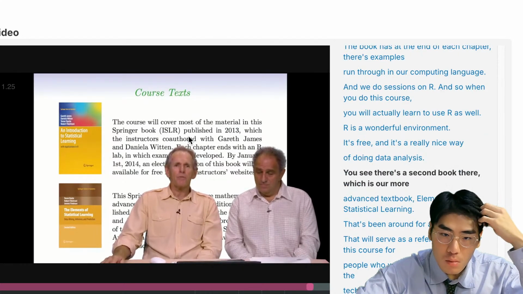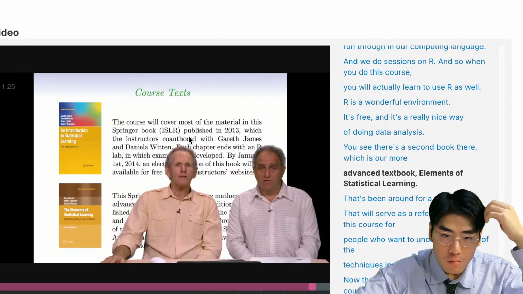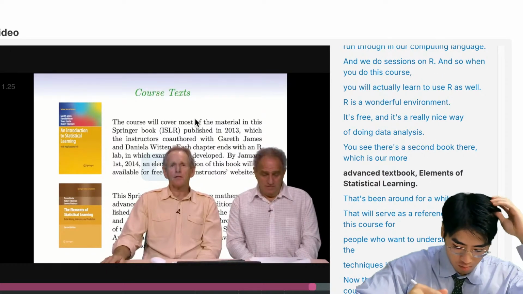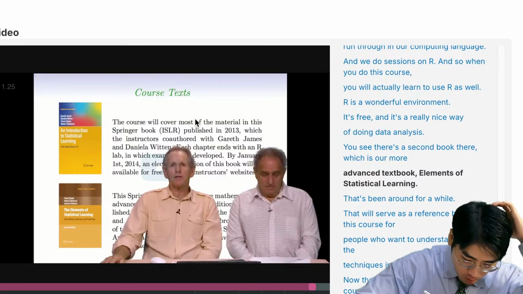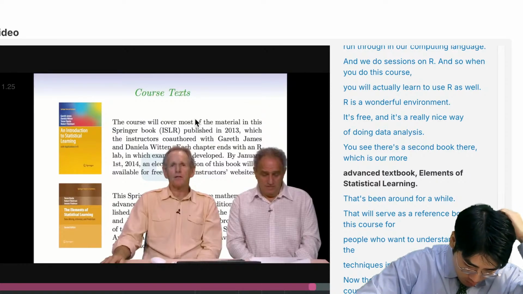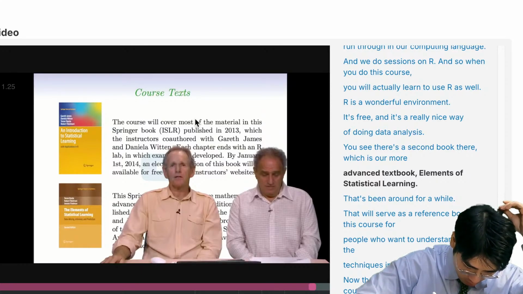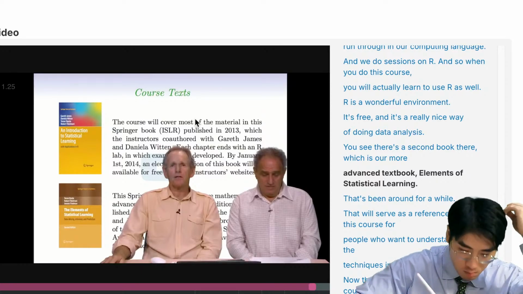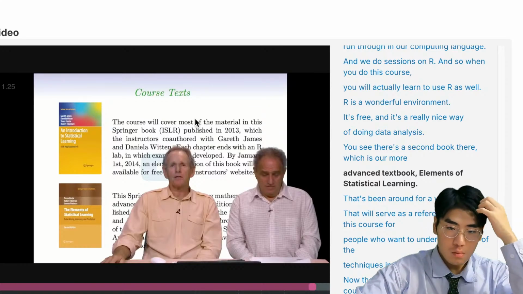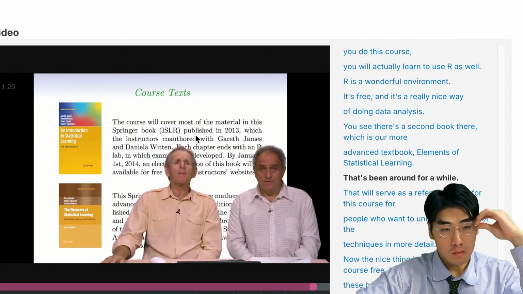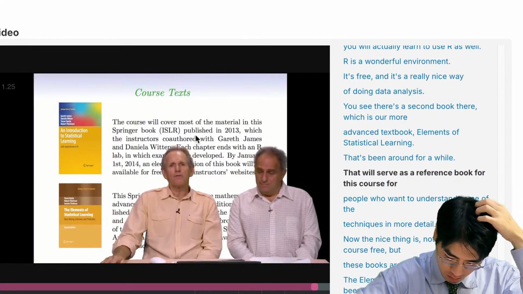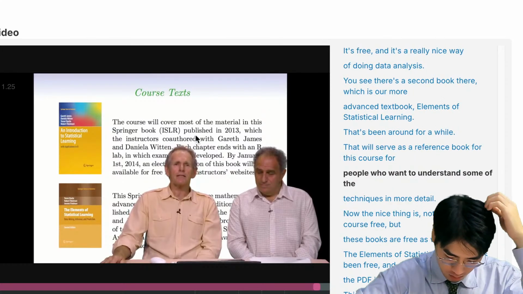You see there's a second book there, which is our more advanced textbook, Elements of Statistical Learning. That's been around for a while. That would serve as a reference book for this course for people who want to understand some of the techniques